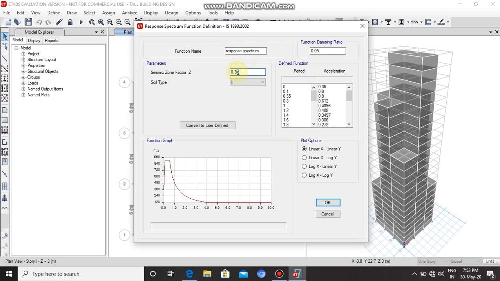As we have done earlier, the seismic zone factor is 0.1.